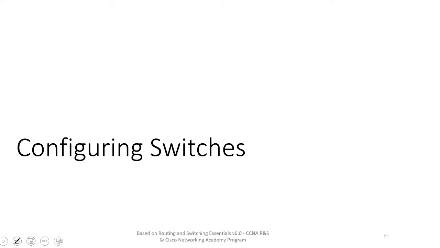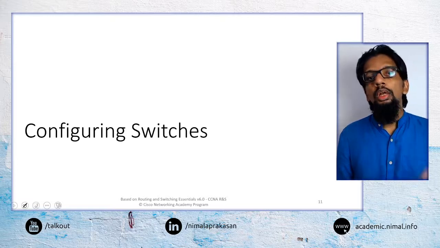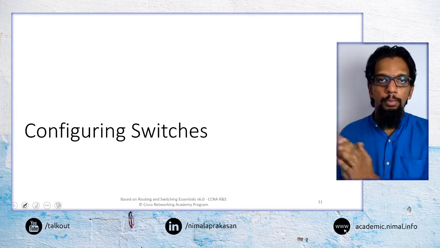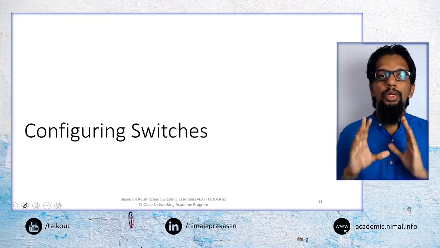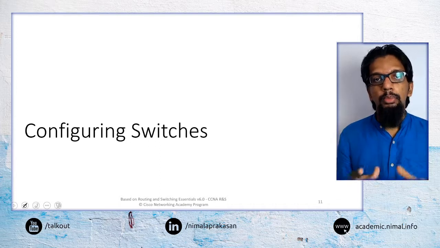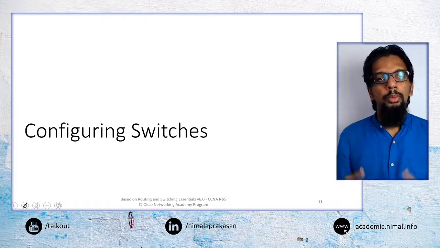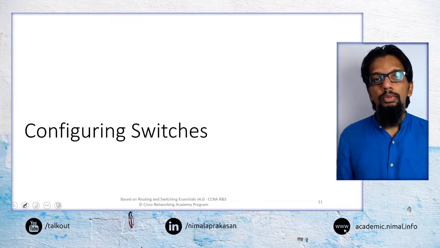So now let's go into some basic configurations that we can do in switches. The more advanced features that we identified, such as VLANs and quality of service, we will be discussing in the upcoming lectures. But today we are mainly going to focus on some basic configurations that can be done in switches, and some troubleshooting and other related issues we may encounter when configuring switches.